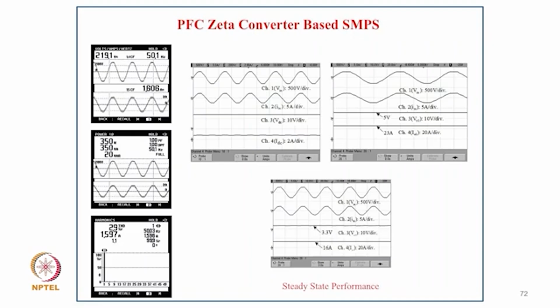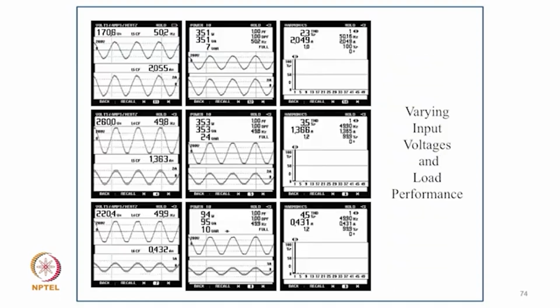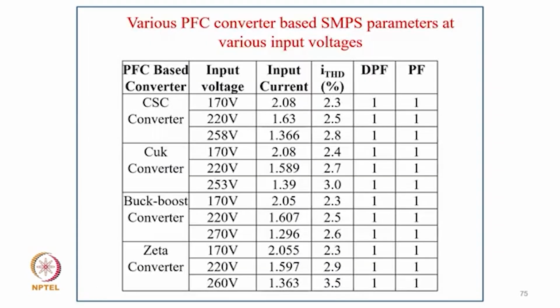And the output DC voltages are well regulated. And of course, in this Zeta converter, to prove it, you can just see how the Zeta converter output inductor current is DCM, but the input inductor current and capacitor voltage remain continuous. And this is the Zeta converter performance under varying voltage 170 to 260, and power factor here also remains almost unity in all cases with the THD even less than 4.5% in all cases. So this is a comparison of different converters: canonical switching converter, buck boost converter, Zeta converter. And in all cases, THD remains less than 5%, power factor remains close to unity, even in all experimental cases.